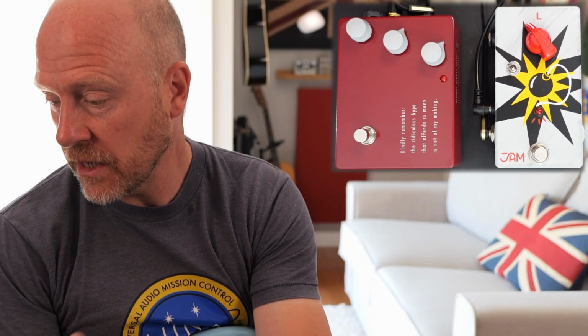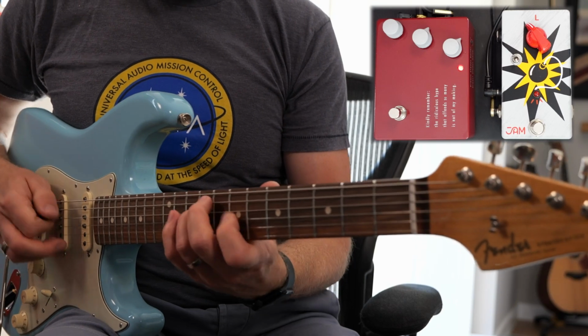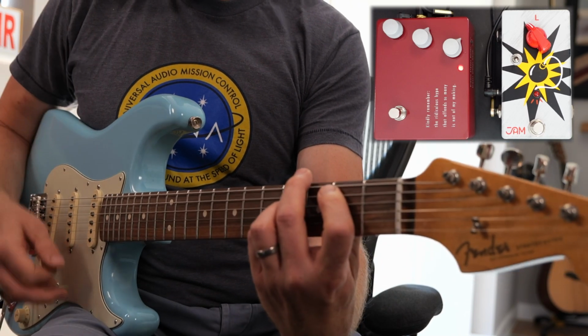Now another awesome use for a boost pedal, something like the Boomster, is to go in front or after an overdrive pedal. Now what I've got here, I've got the Boomster going into a Clone KTR. If I switch on the Clone on its own, it sounds like this. What I can do with this now is to use it as a sort of a dual drive pedal. So I've got the Boomster plugged into the KTR. If I switch on the Boomster,